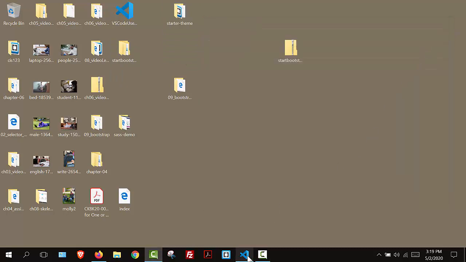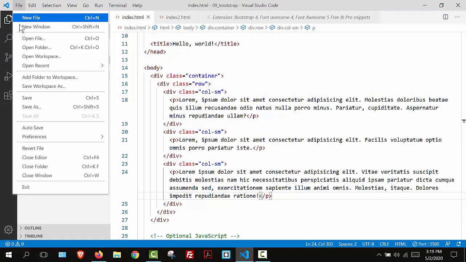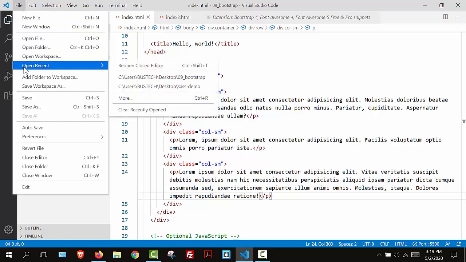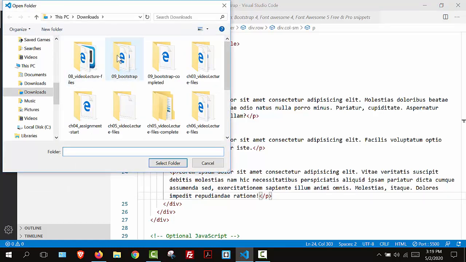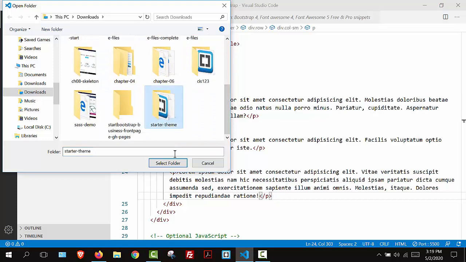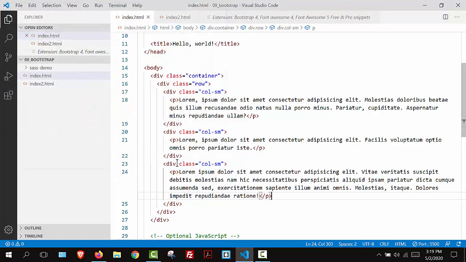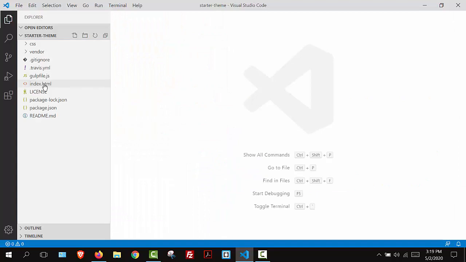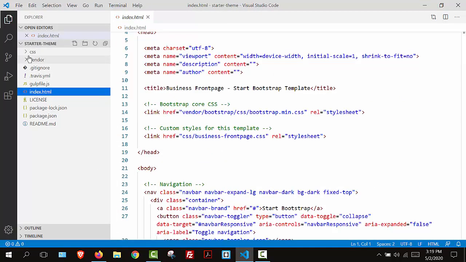Then I'm going to go into Visual Studio Code. I'm going to find that and open up that project file. So I'm going to go to Open Folder and I called it Starter Theme, and I'm going to select that folder. I'm going to open up the index.html file. The benefit to using the Starter Theme project folder is it comes with the necessary files to correctly run this